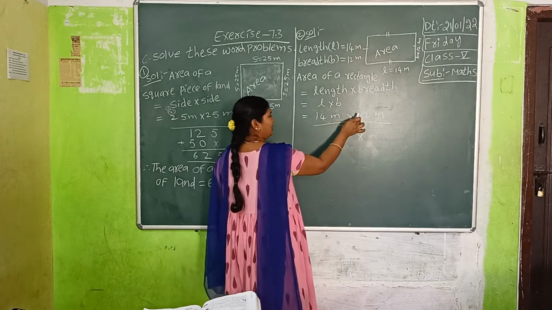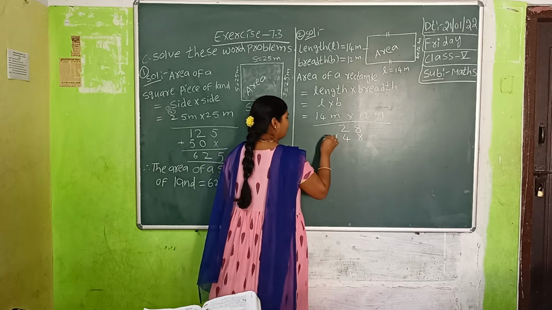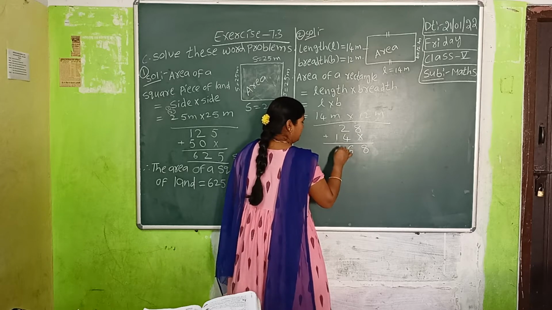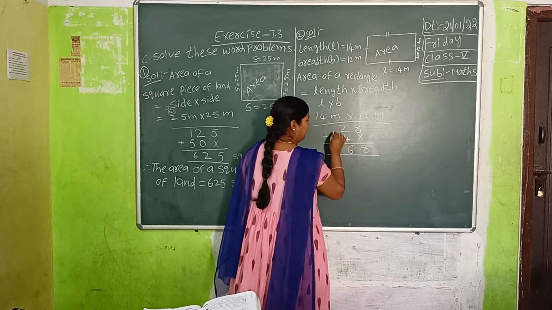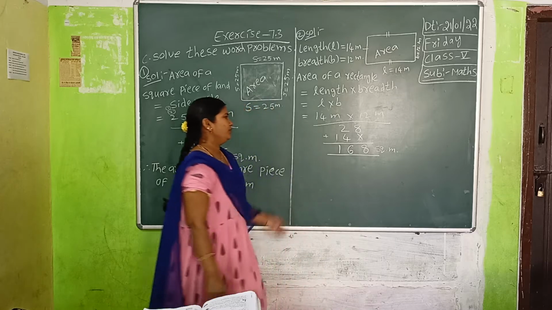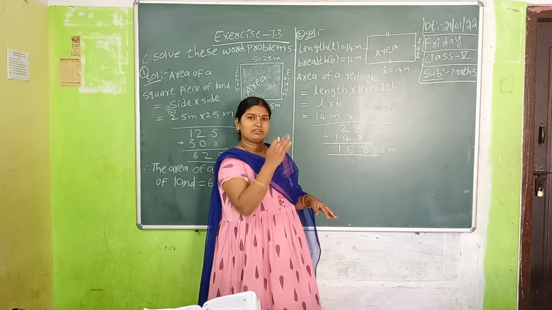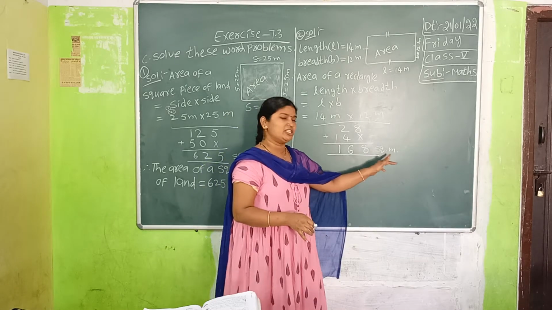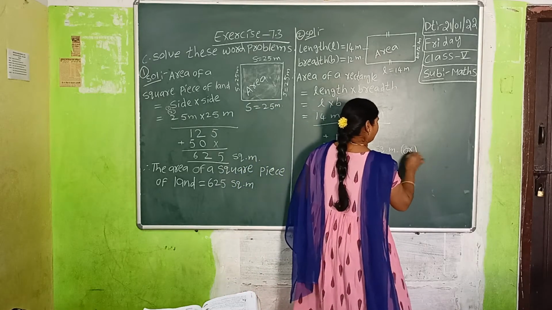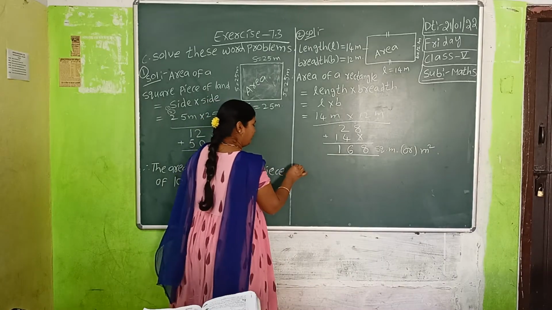Now the tens place number to multiply these two numbers. 1 four is 4. 1 one is 1. 8 plus 0 is 8. 2 plus 4 is 6. 1. Here no number is there for adding, so 1 square meter. Here meter and meter multiplied means you are getting meter square or square meter. You have to mention it with SQ, which is nothing but square, or you can show it like this also, meter square.